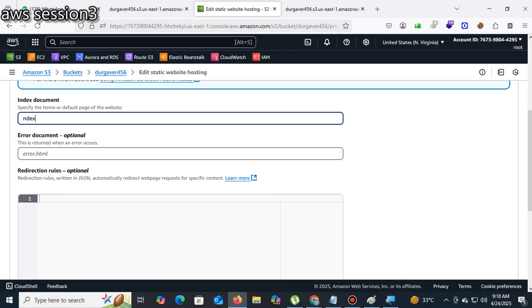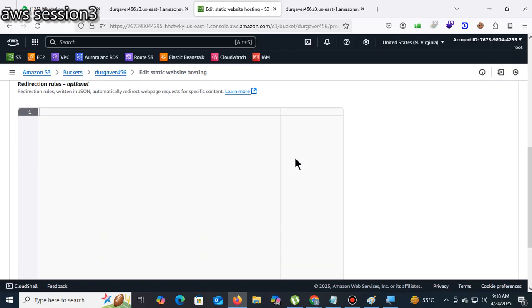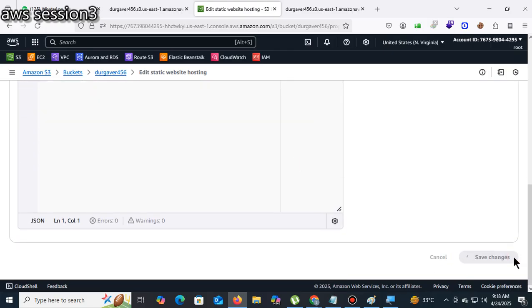The second one is error.html. Now save changes.